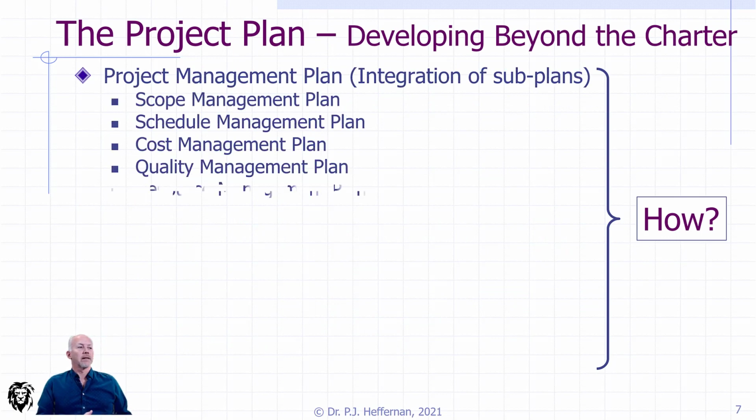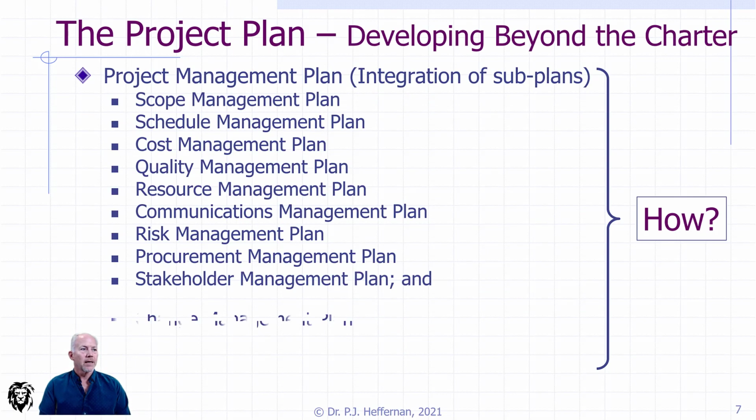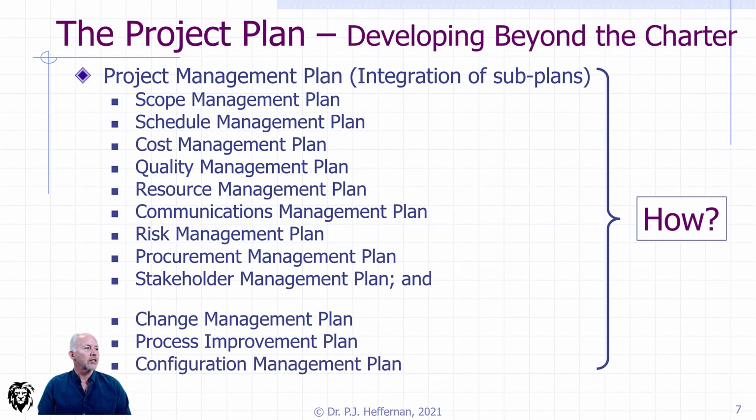So in some detail, these are the subsidiary plans that need to be integrated into that initial plan. It's probably your first time seeing this, so it's worth going through them line by line. Your scope management plan, we've already talked a little bit about. Your schedule management plan: remember, this is the how. How are you going to schedule? Are you going to be using PERT? Bottom-up, top-down? How are you going to develop that schedule? What techniques are you going to use? Are you going to run a Monte Carlo simulation to feed into the overall project risk?